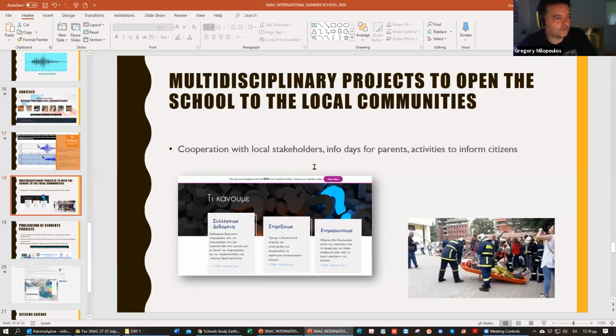As I told you, our focus in Snac was also to cooperate with local stakeholders, create information days for parents and activities to inform citizens. So in each installation of a new seismograph in schools, we try to have an event, not just go there and install it, but especially Dr. Koulias and Dr. Soteriou were going to the schools, and the local headmaster, the school head, created an info day, inviting local society members from the ministry, from the municipalities, and parents, of course, of students